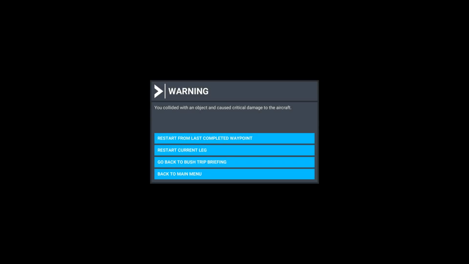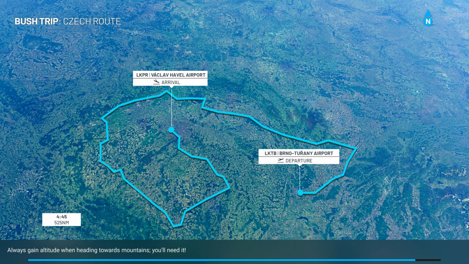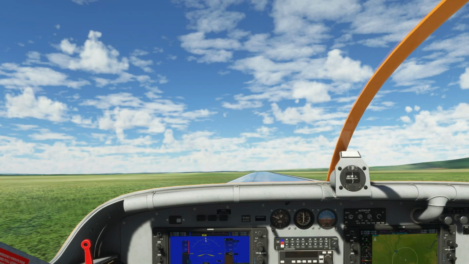What? Did I hit a tree? I thought we were clear. Oh, I must have hit a tree on my go-around. Okay, whatever, not a big deal. Where's he going to put us? So that's the question. Where's he going to put...